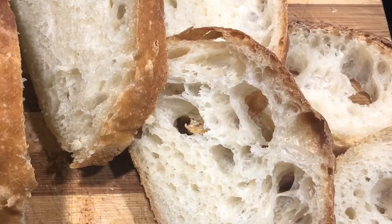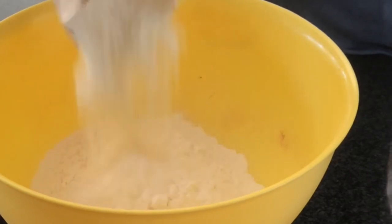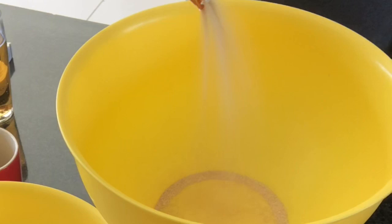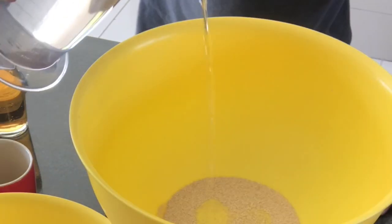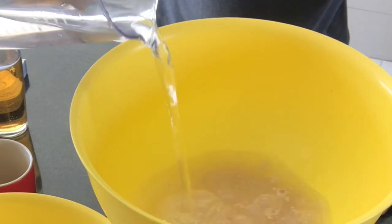Okay, let's bake some bread. In one bowl you add 800 grams of bread flour, and then in a separate bowl 10 grams of active yeast, and in that same bowl with the yeast 640 grams lukewarm water,